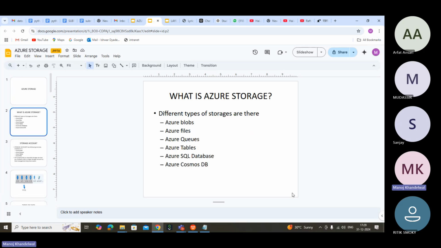We have Azure Blobs, Azure Files, Azure Queues, Tables, SQL Database, Cosmos DB. These are the types of storage which Azure has. And for that, yes, take a snip, everybody.